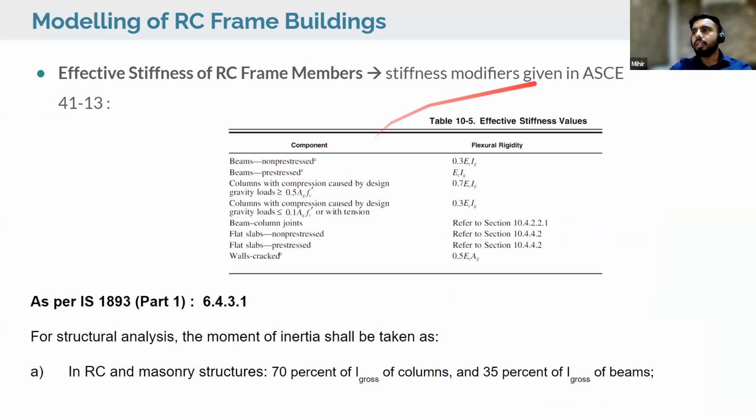Then another thing is about the effective stiffness of RC frame members that are to be considered. There are different stiffness modifiers given in ASCE 41-13 that can be considered. If your beam is non-pre-stressed, you will be using the flexural rigidity of your beam as 0.3 EcIg. So you will not be using the total stiffness, but the effective stiffness here,